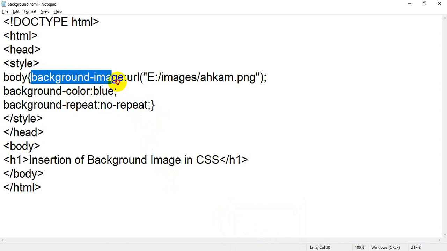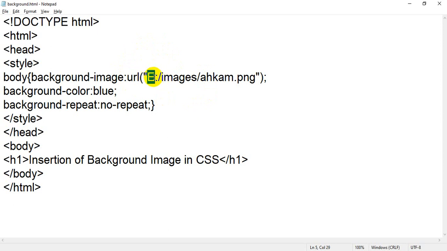A background image is an image of a website which covers the whole page. And how do we insert a background image? By using the background image property of CSS. And what is the value of that? You have to write URL. What is the full form of URL? It's uniform resource locator. Why is it called uniform? Because that image can be present at that particular URL, that particular address, and on that address there cannot be the same image. Getting my point?